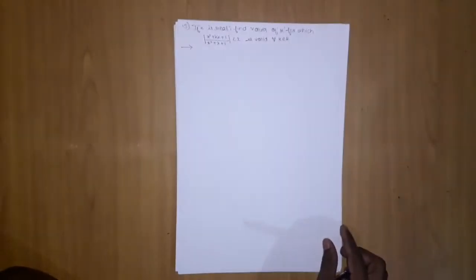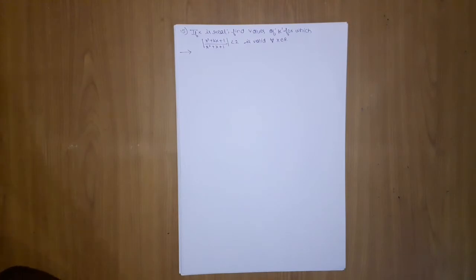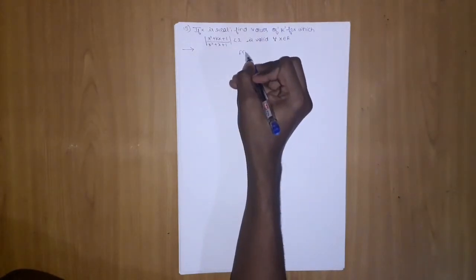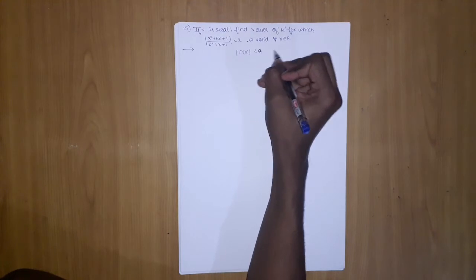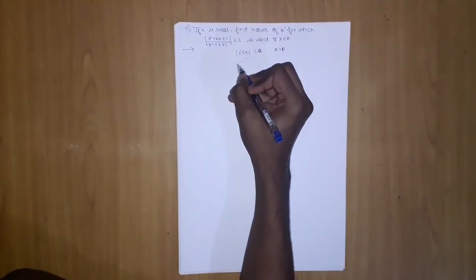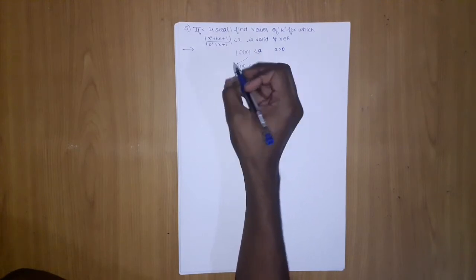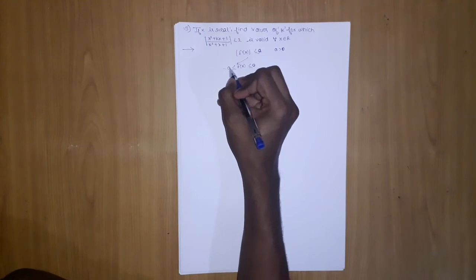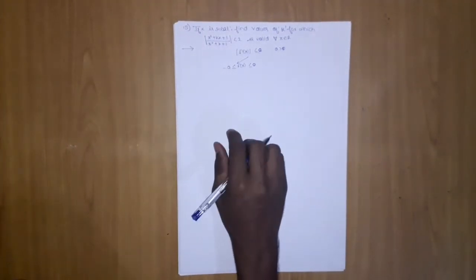So we are moving on to question number 15, which is as follows. To start this question, you must know inequality. In inequality, they teach you |f(x)| is less than a, where a is greater than 0. Then how can we open it? We will open it like -a less than f(x) less than a. Similarly, we will open it because a is greater than 0.